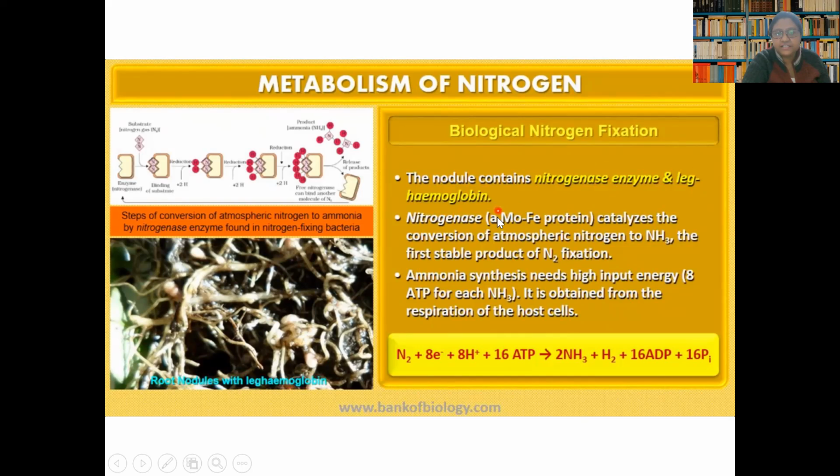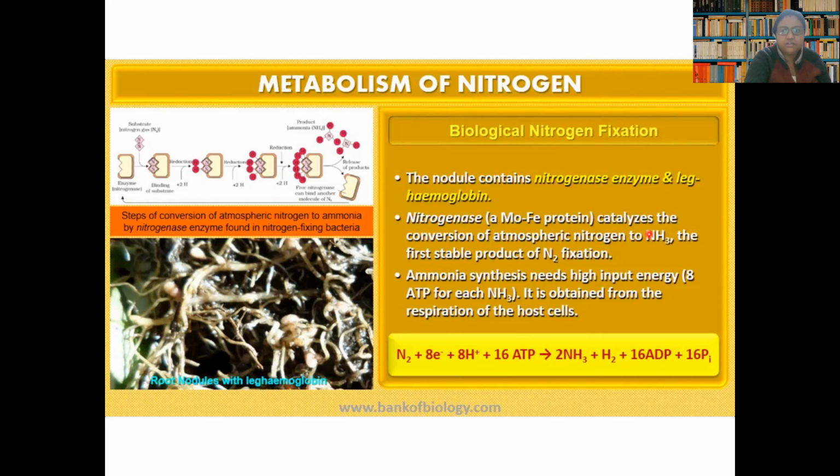So this nitrogenase enzyme is an iron-molybdenum protein, and that's why molybdenum and iron are so important for plants. Although the nitrogenase enzyme is produced by bacteria, for its production it is dependent on the plant to supply the elements. It will convert nitrogen into ammonia, and in this reaction the first step is the most critical one, because this is the way atmospheric nitrogen is fixed into ammonia.